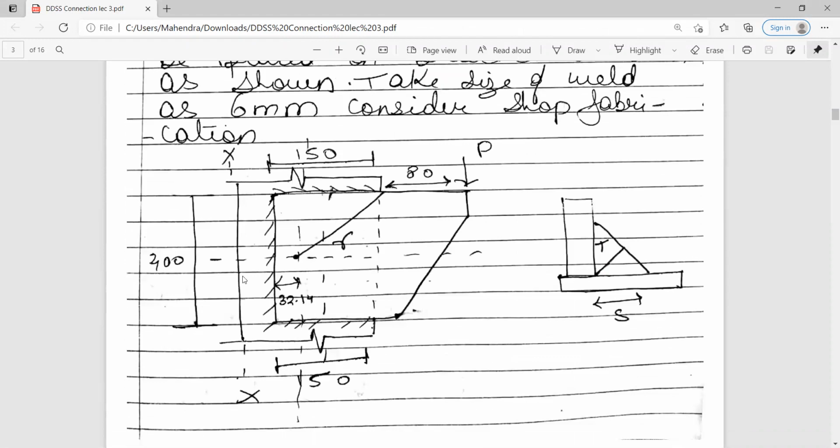ये देखो, x bar you are going to consider it from left hand side. यहाँ से consider कर रहे हो. So L1 कितना है, 150 into x1. अभी x1 क्या रहेगा, यहाँ से लेके यहाँ तक का डिस्टेंस exactly from the center.